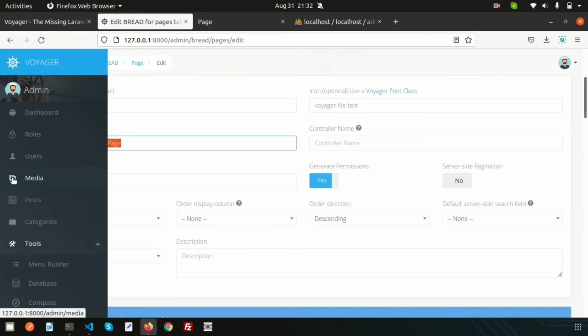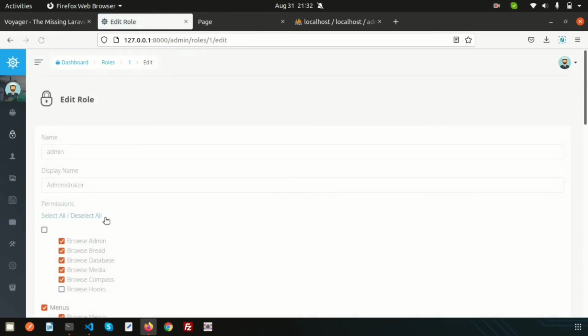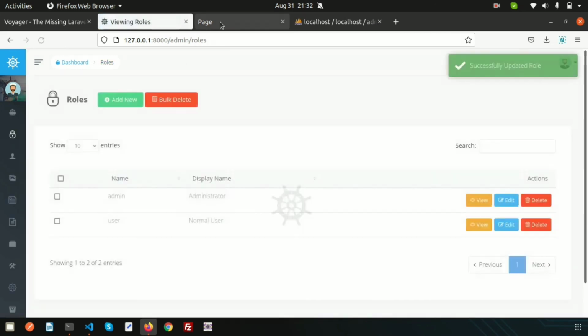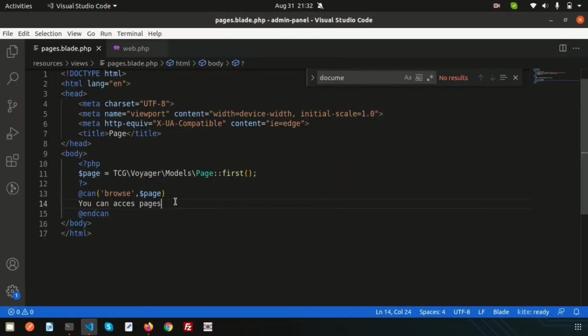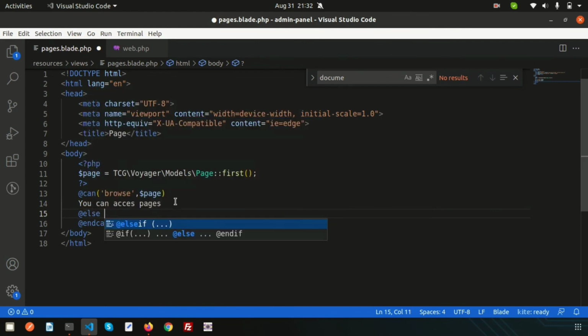So we are getting nothing, and if you just remove the permission, so just edit and let's add a permission to browse pages, and just go here and we can see you can have access of pages, right? So if I don't have permission, we can write an else part also. So simply write here else, and here just write you don't have permission,